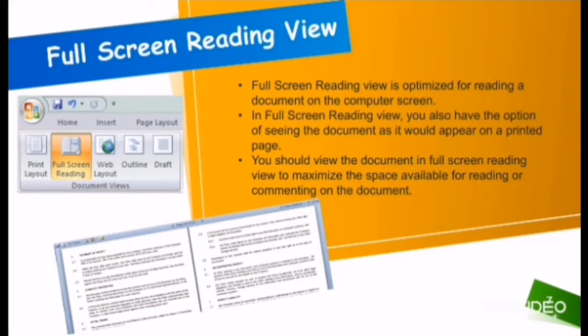It means when you have created a document and you want to read the whole document once, you have to select full screen reading. As you can see, I have created a document and shown in the picture it breaks into 2 parts, the first on the left and the second on the right. So I can easily read my whole document.